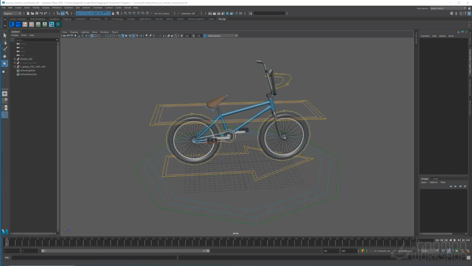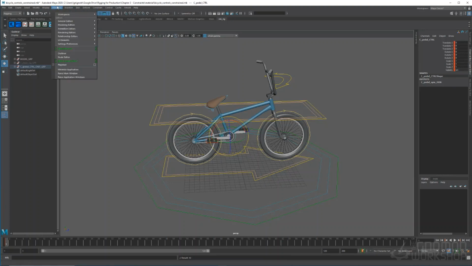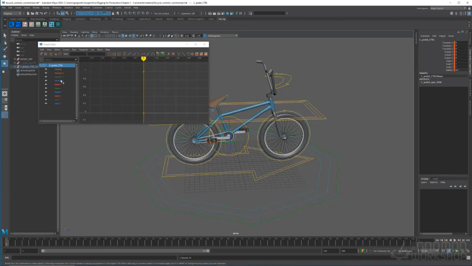In this lesson, we'll be making our rig a little bit more animation friendly. So let's start by cleaning up some stuff in the channel box here. If I were to just hit S to set a keyframe, and if I wanted to look at that in my Windows Animation Editor, Graph Editor, I can see there's a keyframe for everything. And if you're animating along, very quickly it's going to get pretty cluttered. So we really only want them to be able to key one axis,